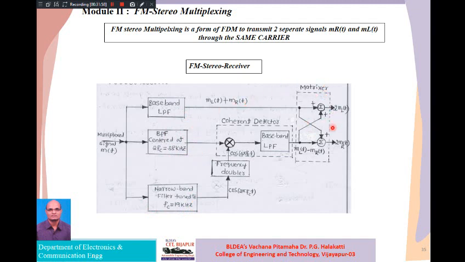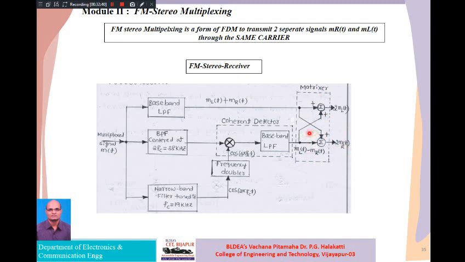Again we need a matrixer here to add accordingly, so that we will get our signals separately, left only to the left, right only to the right. At the left you want only the summation, and at the right you just want the difference. So how to get this ML of t minus MR of t separately? Again, frequency doubler, coherent detector we are using here with the baseband low pass filter, which is tuned to select only this difference. Okay, DSB-SC signal. Then it will be given as input to this part of the matrixer, so that we will be getting the right hand signal separately.